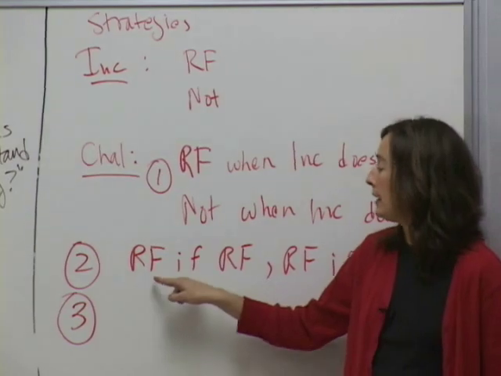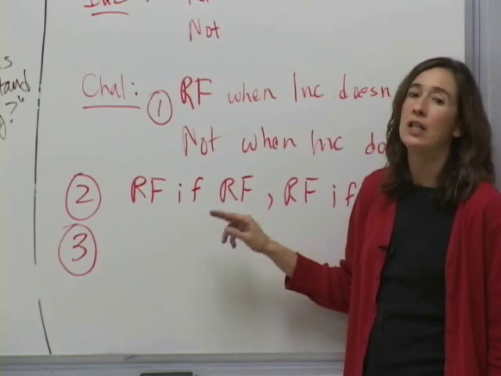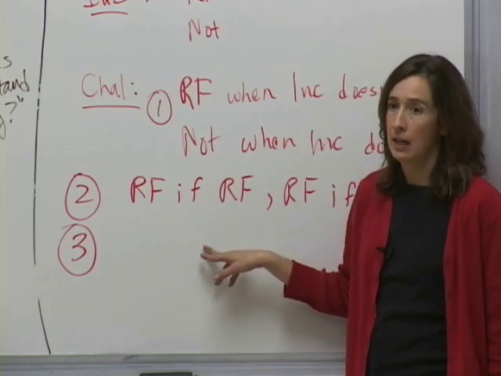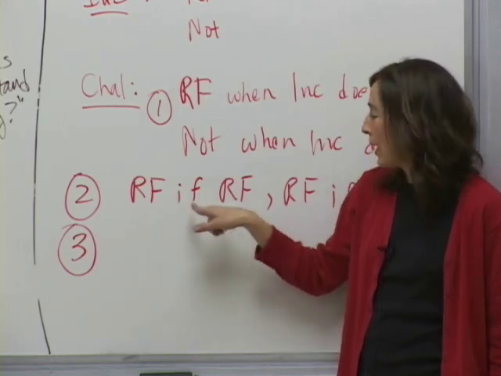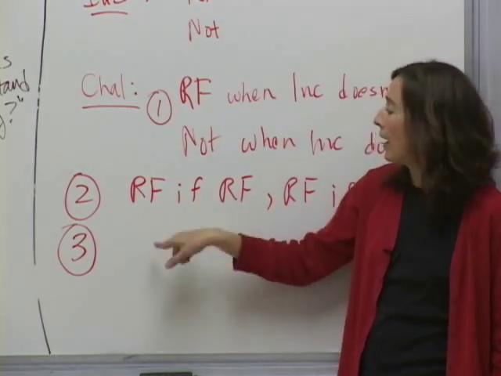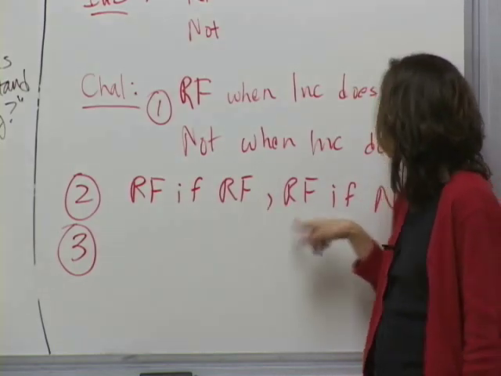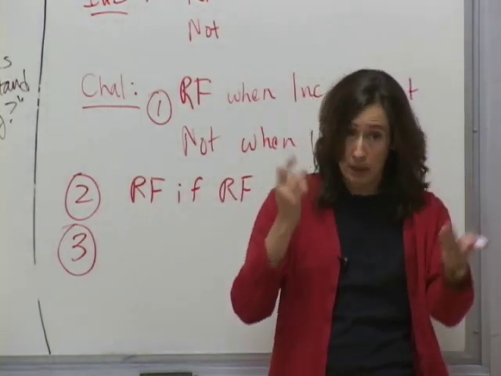Okay, so one way to abbreviate, and this is actually the way I like to do it, and I would encourage you to do it this way on your homeworks and even more so on your exam. Because this way, to me, is still staying in touch with the story here. Okay, I raise funds if the incumbent raises funds. I raise funds if the incumbent doesn't. I'm saying especially on the test, because on the tests, especially on the midterm, we only have an hour and 15 minutes here. You guys are going to be pressed for time, and you're going to think, I just got to write as fast as possible. And so you're going to be tempted to use the form that they use in the book,